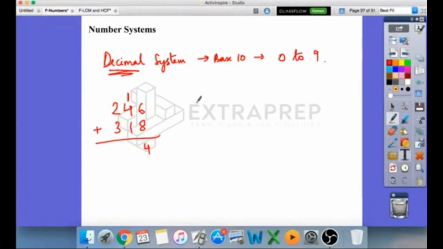Similarly, when you're subtracting, 253 minus 147. Now 7 does not go in 3, so we bring a carry, this will become 4, and when we borrow, 3 becomes 13, because when we borrow something from the side, a 10 is being added. Because this is the decimal system, 10 is being added. From 13 you subtract 7, you get 6 here, 4 minus 4 is 0, 2 minus 1 is 1. So this is how you find the answer. This is the decimal system, where when you carry something, you carry 10, and when you borrow something, 10 is being borrowed. Everything is in a system of 10 only.